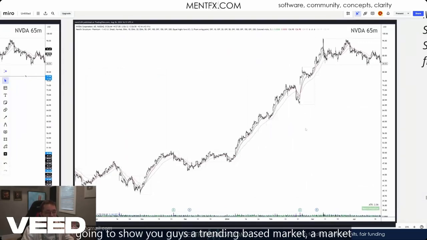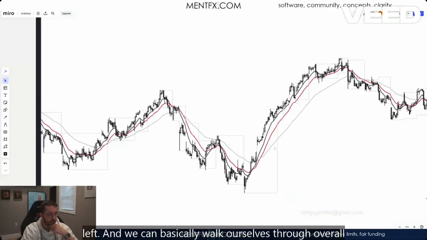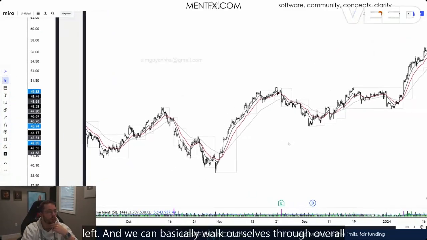Because what I want to do is show you guys a trending-based market, a market that has trended, that has delivered, and I want to go through the cycle so you understand how each market undergoes the exact same cycle, specifically for the entry time frame, since this is the full cycle of the entry time frame. So if we zoom in, we can start from the very left, and we can basically walk ourselves through overall